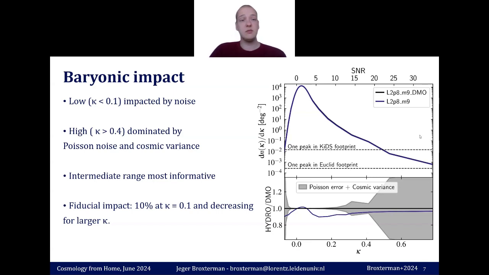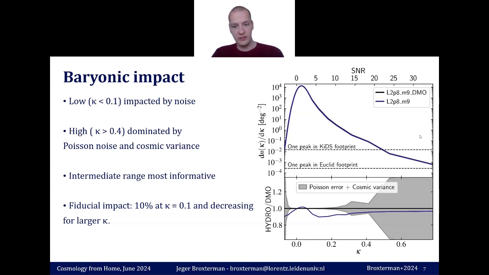But in the intermediate regime, we see that there is a clear baryonic impact, and that we can also clearly understand. And therefore, these peaks could be highly useful in constraining cosmology. So the fiducial impact is roughly 10% at kappa of 0.1, and you see it decreases for larger convergence. And we can understand this